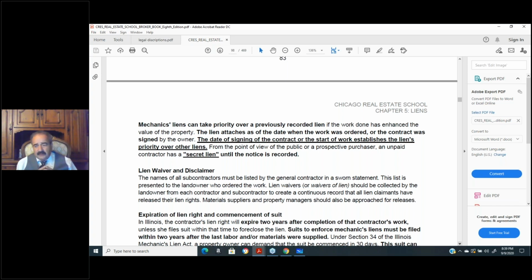So you got to make sure that sometimes someone will show you, oh look, here's my certificate, I'm insured. Well, you need to get a copy of that insurance certificate. Call up the insurance company to make sure, because people will make the first payment on it just to get that certificate, but then they don't make any other payments and their insurance is canceled.